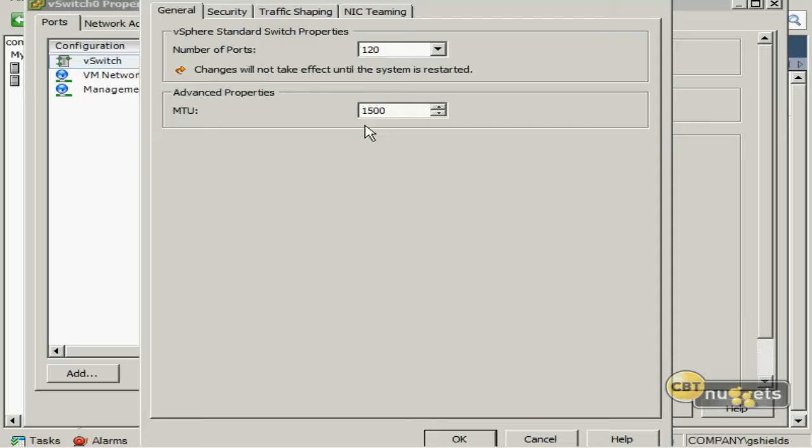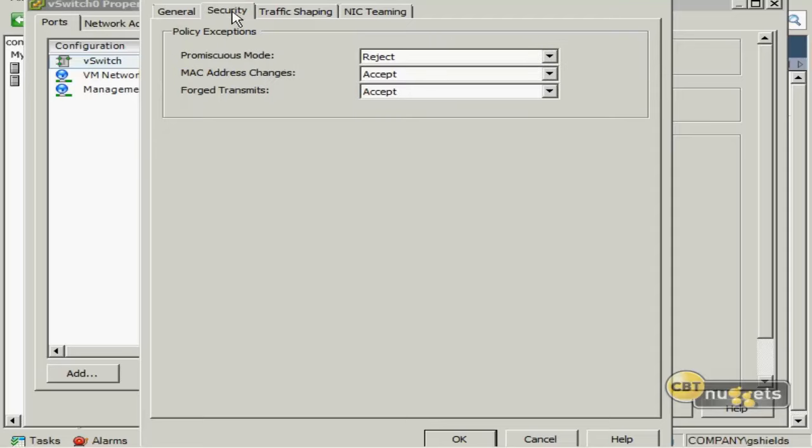Now, on this vSwitch, in addition to setting the switch properties and the advanced properties, there are a number of different policies that can be set for defining how traffic is actually allowed to pass or how it is configured to pass across this switch. First are the security policy exceptions. There are 3 security policy exceptions by default. Promiscuous mode, MAC address changes, and forged transmits. And as you can see, by default, promiscuous mode is turned off, so it's rejecting promiscuous mode from occurring on